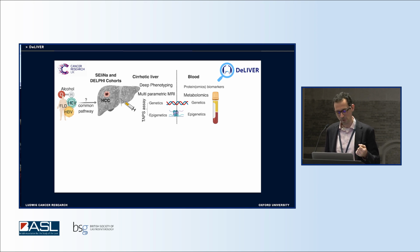So what we're doing here is sampling blood from cases and controls, so all cirrhotic, but no cancer, and cirrhosis and cancer, from patients with a number of different diagnoses. And we're also taking tissue samples, which is very important for us because on the computational side, what we're really trying to do is understand the biology of the disease, what is the epigenetic landscape